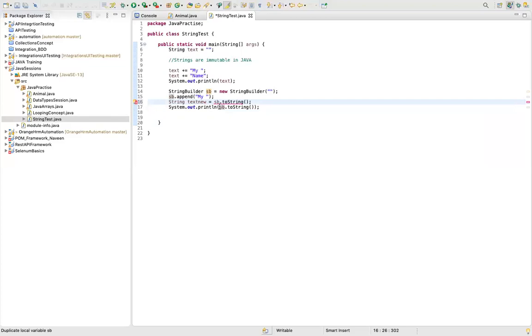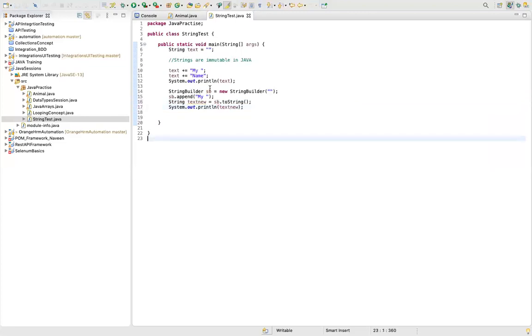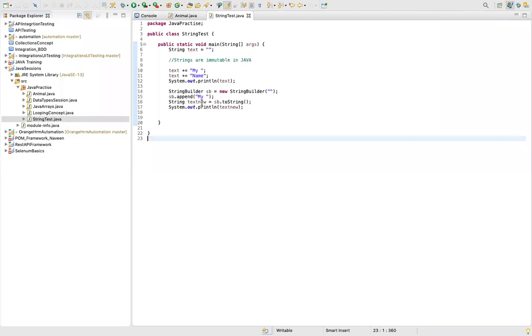Okay, and then instead of passing all this stuff over here, I will say text new. So it will print my. So either you can save this variable or you can directly print it on the console. So there are two ways you can use it.